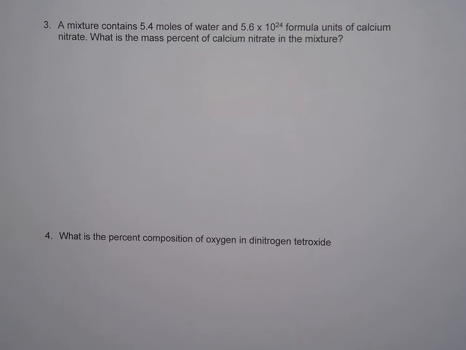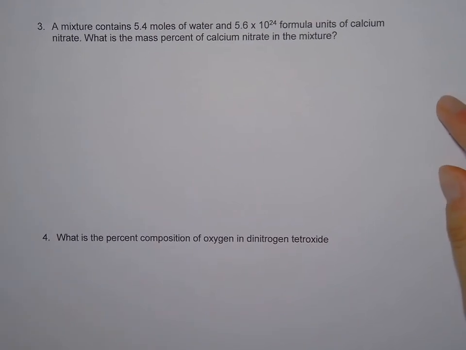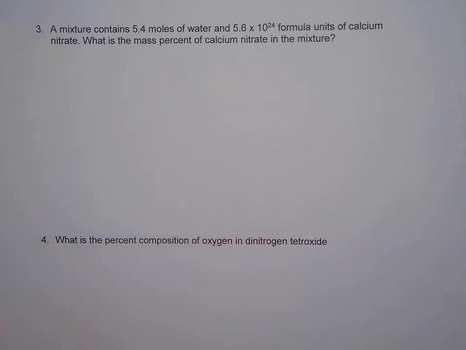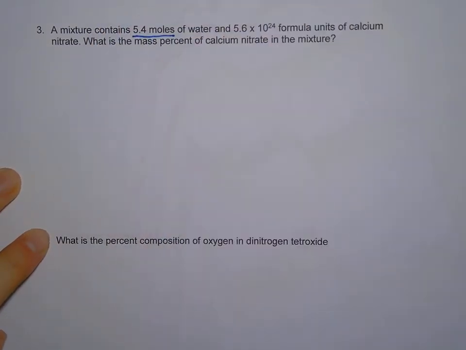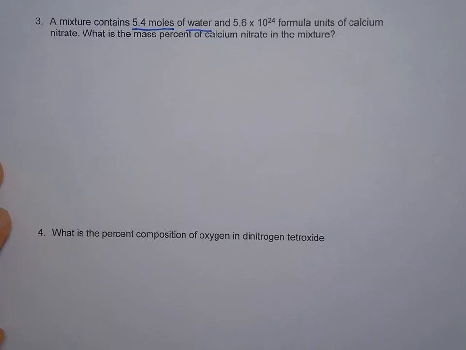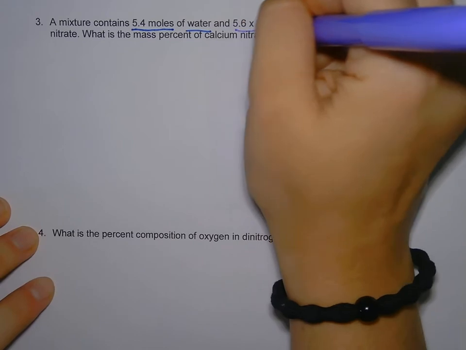Okay, so number 3 is going to be a woozy. Man, there's going to be a lot of steps here. So let's get started on it. A mixture contains 5.4 moles of water, and 5.6 times 10 to the 24 formula